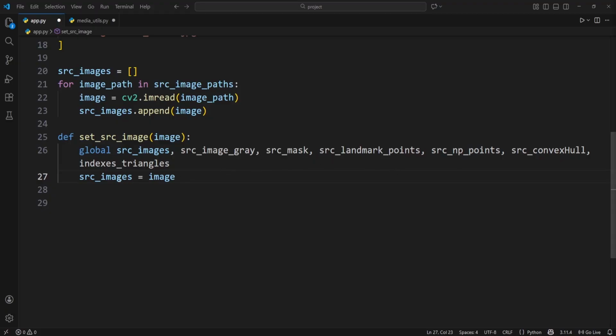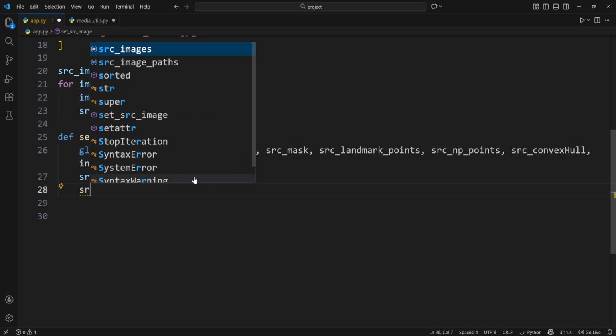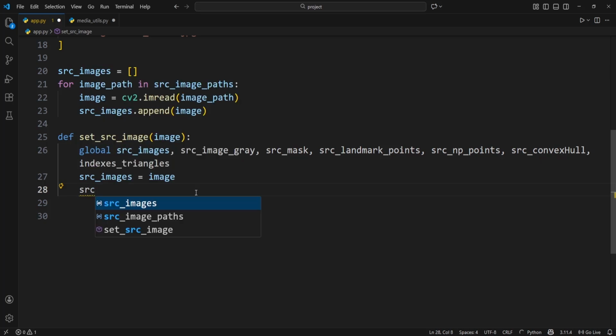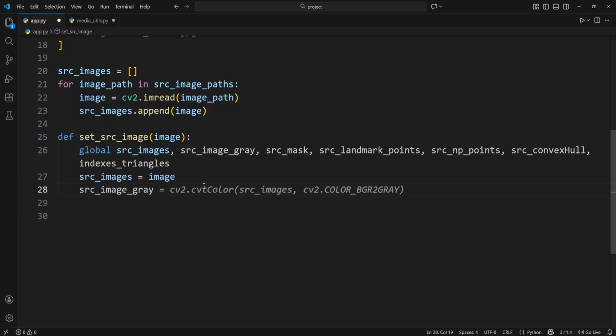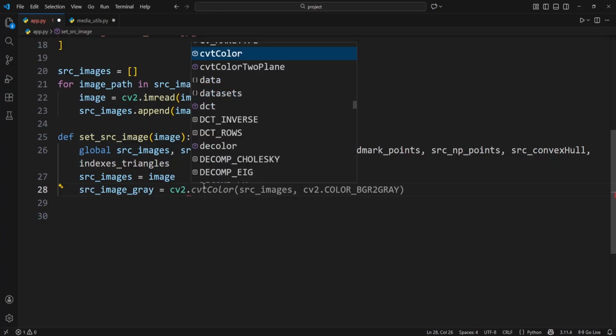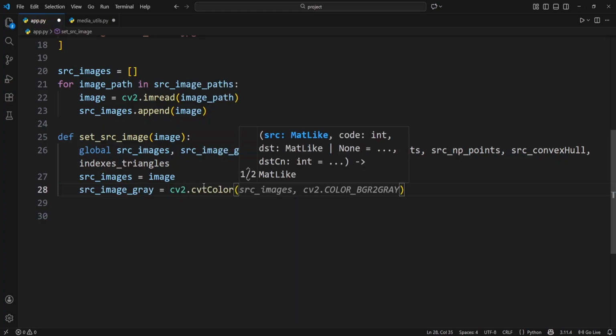Now to store this source image, we need to convert it into grayscale. For that, I'm going to type source image gray. I'm going to copy this variable name and store it here. Source image gray equal to